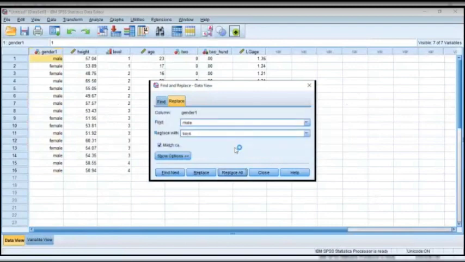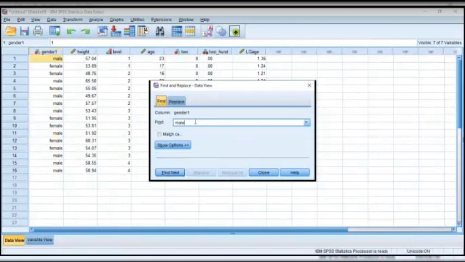Let's see why it's not matching. Replace with boys. No replacement was made. Let's find first. Let's find male. Find next. Find next. Find next. Let's use female. Find next. Find next. Find next.